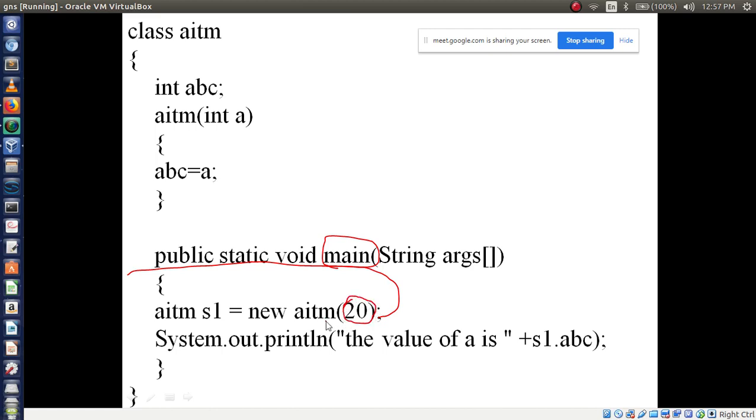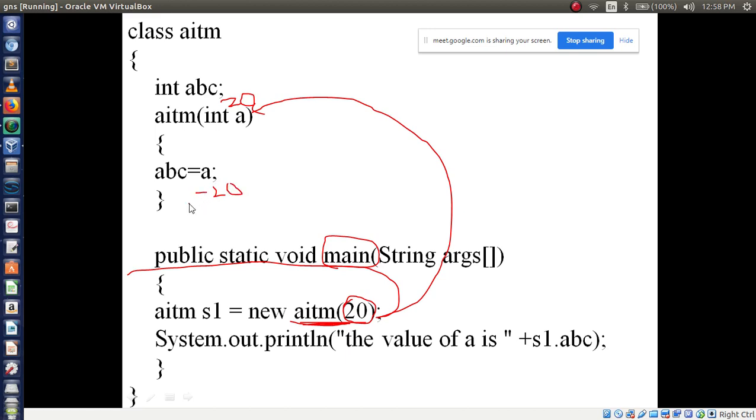It means it will go to the AITM constructor. Directly it will go here. Here your control will come. So AITM is there. Then the value you have passed, 20, should be stored in place of a. In variable a, 20 is going to be stored.